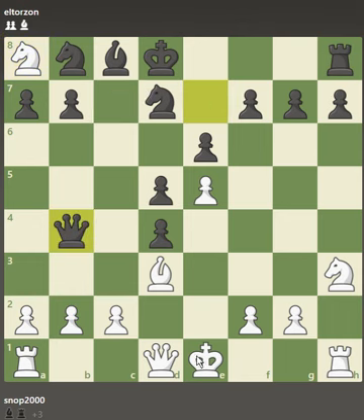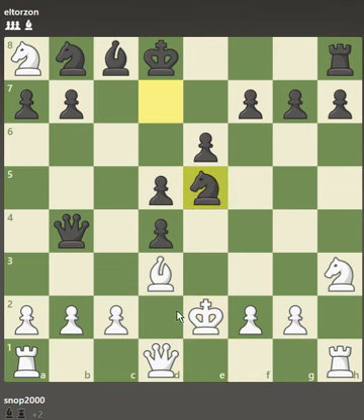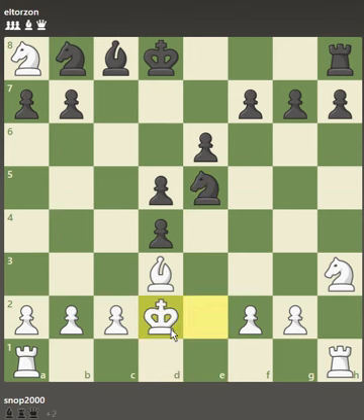Now for some reason in the game I played king e2. Still inexperienced. That doesn't let me draw an arrow. There it goes. And then my opponent took this. Now I played here. He took. And this particular player,